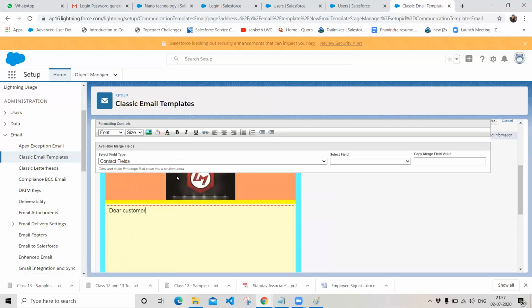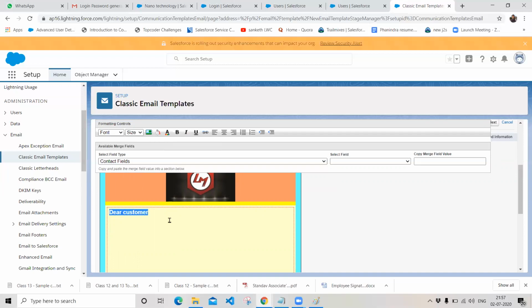I want to add some styling to this, with respect to what we have created in our custom email template. If you do want to add some styling, select the text that you want, and you can select the styles as we do in our Excel sheet or in our MS Word document.